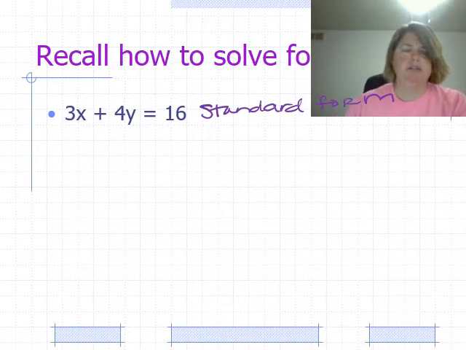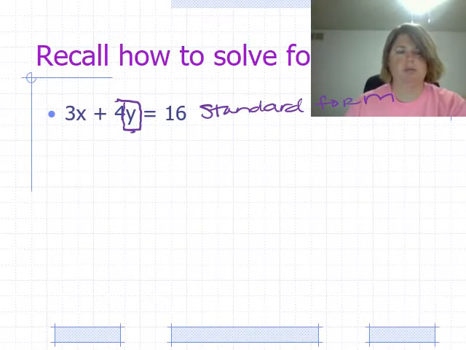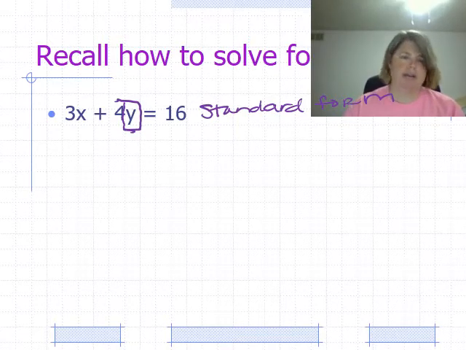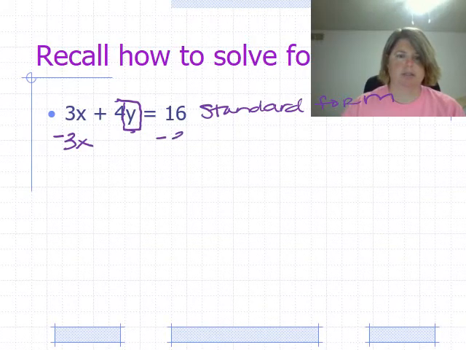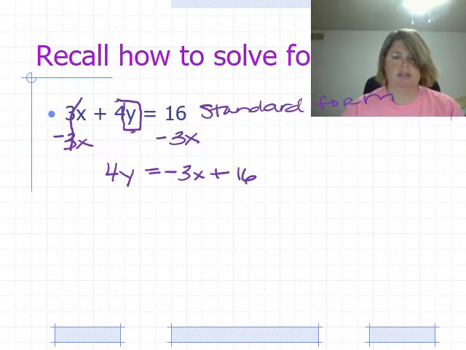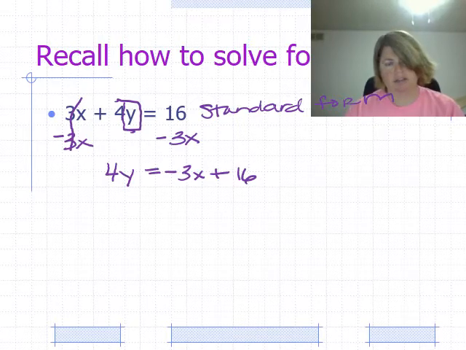All right, so in standard form, your job is going to be to get y by itself. In order to get y by itself, you're always going to add or subtract x away. So I'm going to minus 3x from both sides, because positive 3x and negative 3x make 0x, which is 0. So I'm going to bring down the 4y equals negative 3x goes first, always put the variable first, and then plus 16 goes second. Never combine the x and the constant because they're not like terms. So once you move x,